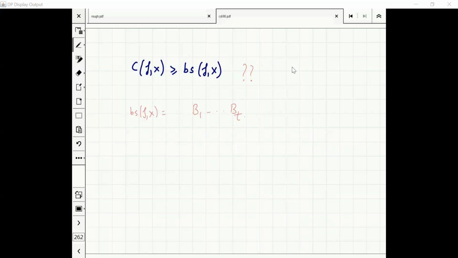Can it happen that the intersection of the certificate with block b1 is empty? Can it happen? Obviously not, right? Because if the certificate in b1 is empty, that means take x with b1 flipped, and f of x should be the same, because I have fixed certificate C, which is completely outside of B1. My function value should be the same, but since it is a sensitive block, this value should be unequal. This is a contradiction. That means my certificate has an intersection with each of the blocks. That means size of certificate is more than